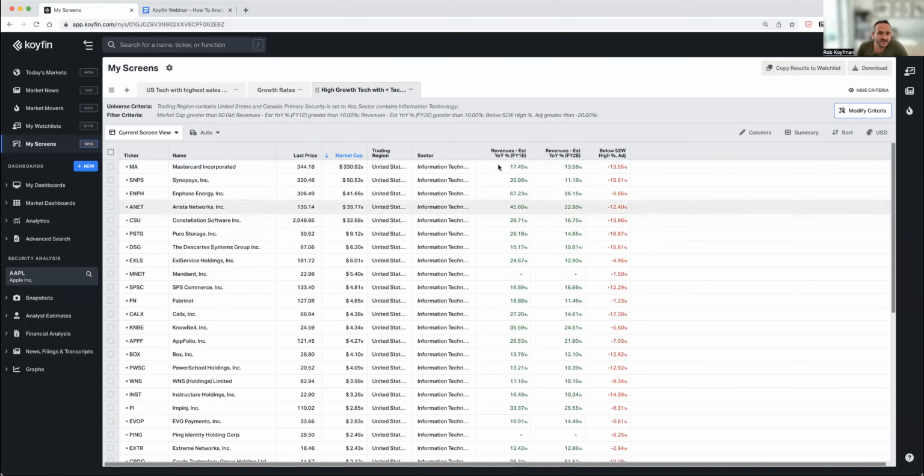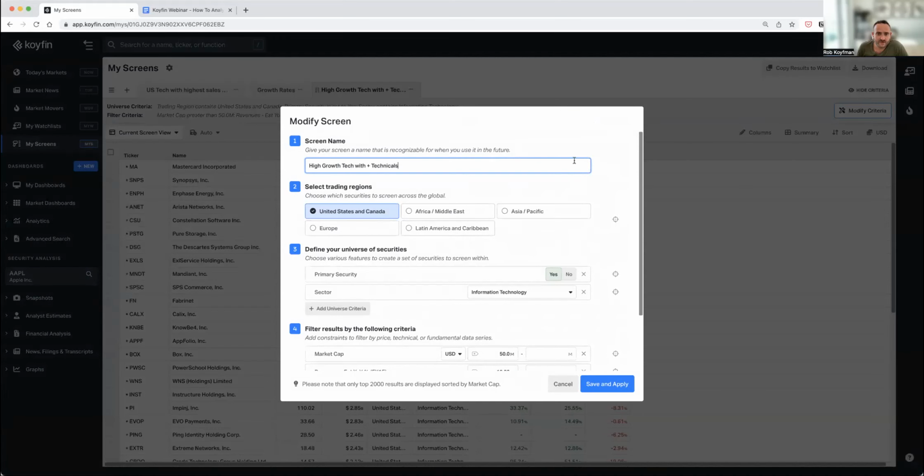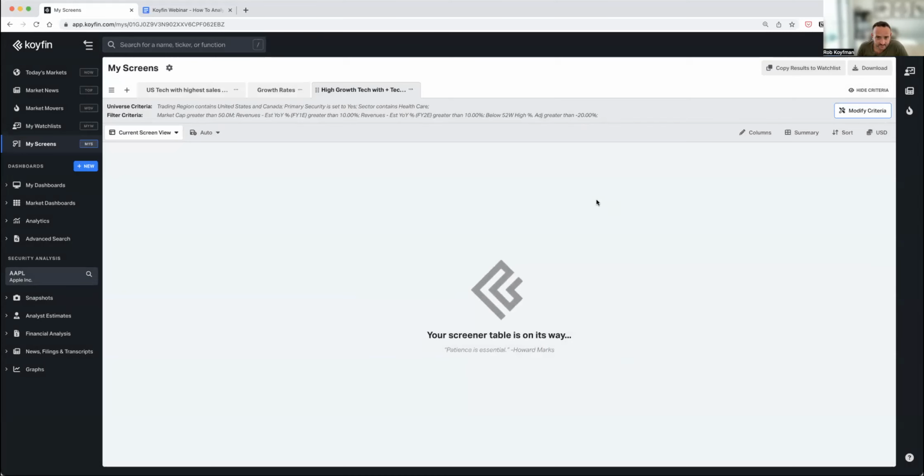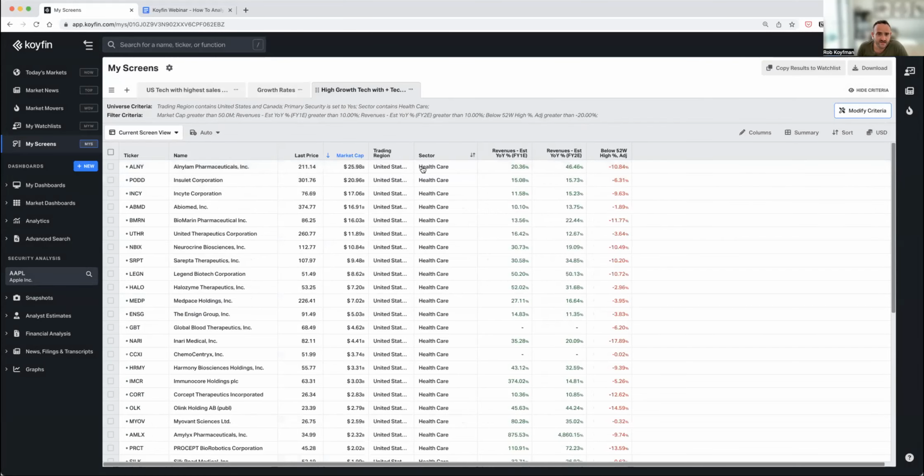And the way you do that is depending on which kind of screener you look at. So let's say we're looking at the screener and I have this screener high growth tech. I would go to modify criteria. I would go to this criteria here, sector equals information technology. And then I would set this to, let's say, healthcare instead of information technology. And this would tell me all the stocks that meet this criteria in the healthcare sector